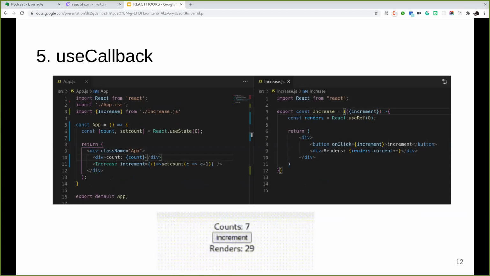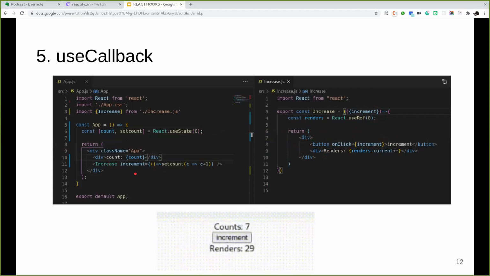So in this example, we are trying to define use callback. We often see different function instances sharing the same code, and often created inside React components. So essentially, what I'm trying to do over here is we're having a button click, and it's getting incremented on click, as we saw in the previous example.